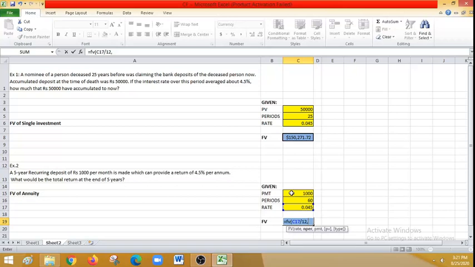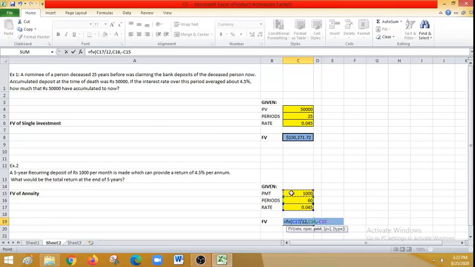The number of periods I have already mentioned, it is 60, comma, and what is the payment that is being made? The payment that is being made is 1000 rupees every month, and since I am paying, I need to mention it in a negative form, right? Minus 1000, right? The payment that is made now, that is the present value. Okay, I am not going to mention any present value, right? So the PV, type, those things are all optional.